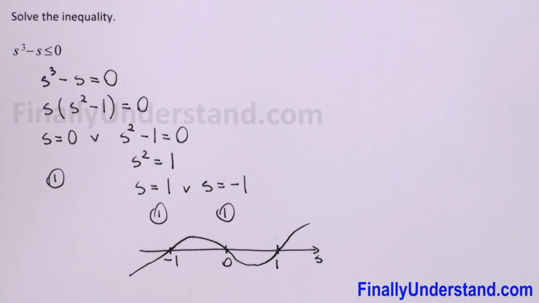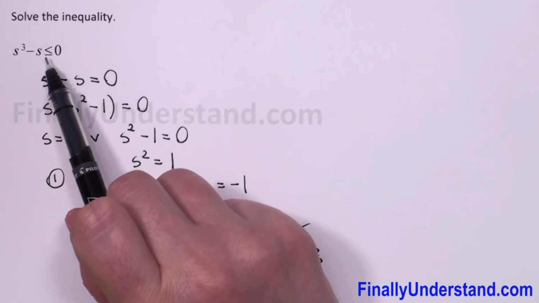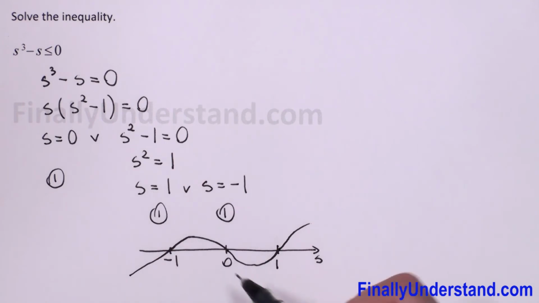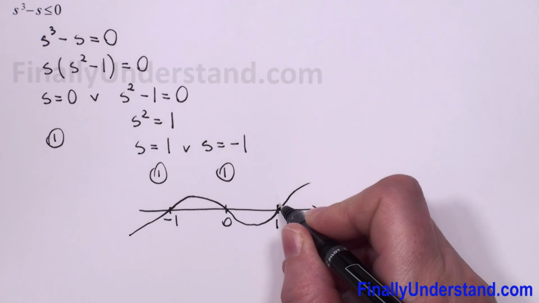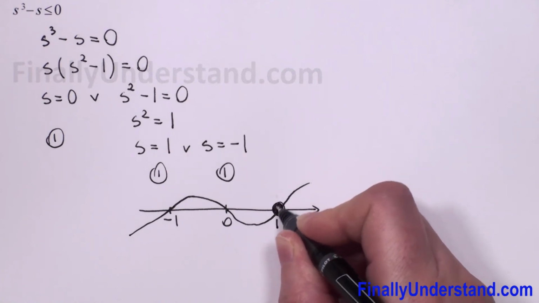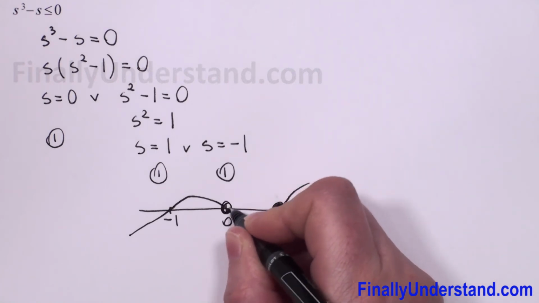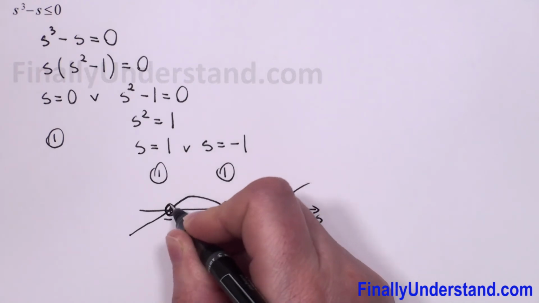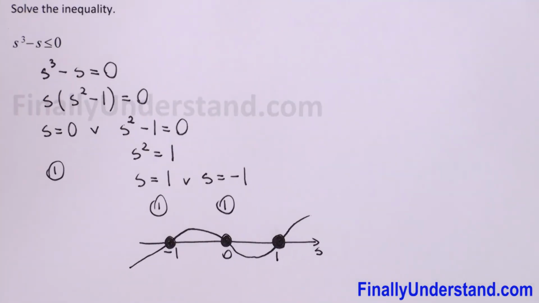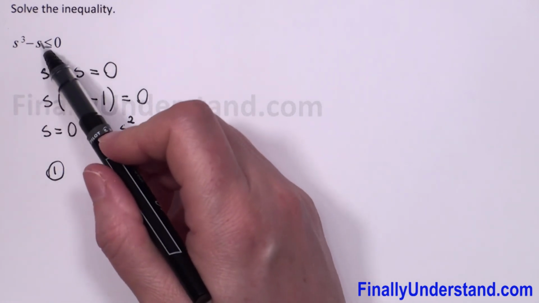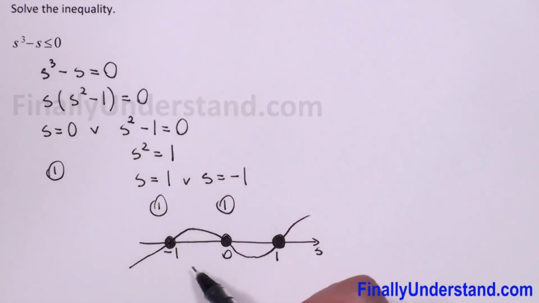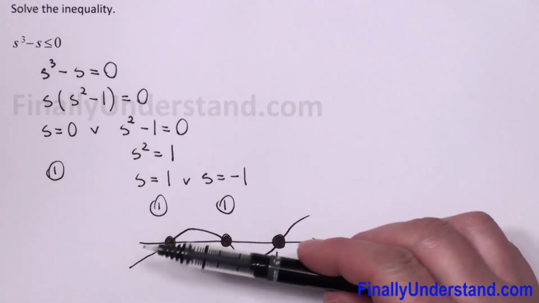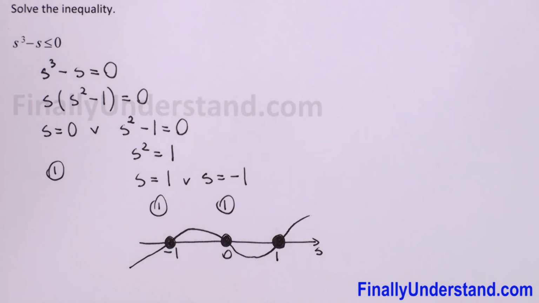Now, because we have sign less than or equal, it means our roots are included. So I will just draw the circle. Now we have to find where our inequality is less than or equal 0. Less means whatever is under our number line s. This part is under